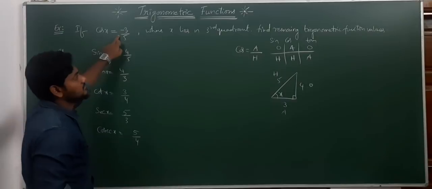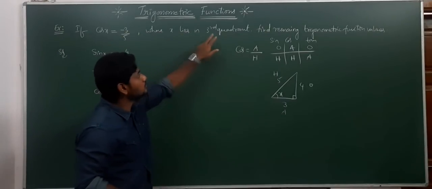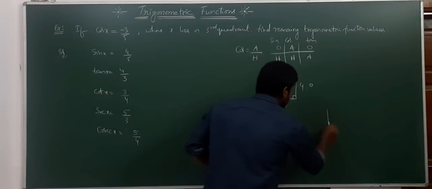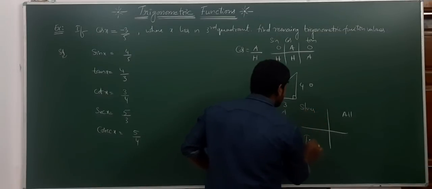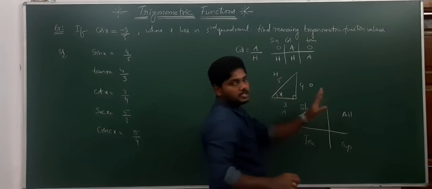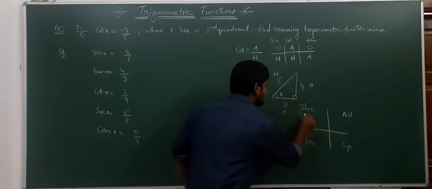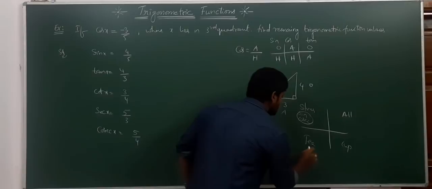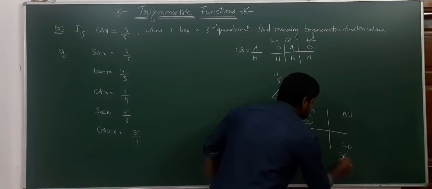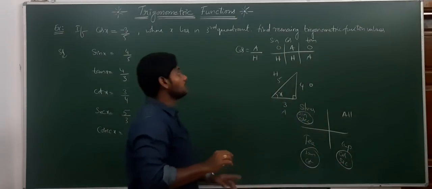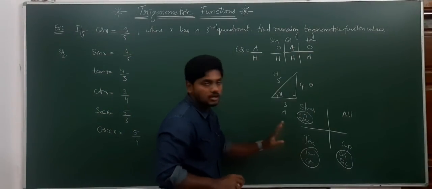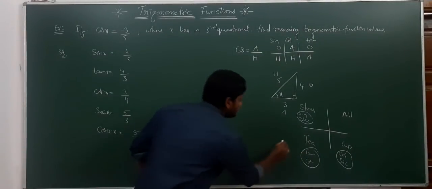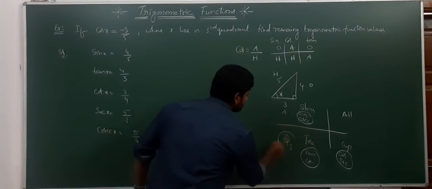Now we will deal with the minus sign with respect to the third quadrant. You know that All Silver Tea Cups. Here All means all are positive in the first quadrant. In the second quadrant, sine and its reciprocal cosecant are positive. T means tan and its reciprocal cot are positive. C means cos and secant are positive. Now where does x lie? X lies in the third quadrant. In the third quadrant, which are positive? Tan and cot are the only positive ones in Q3.